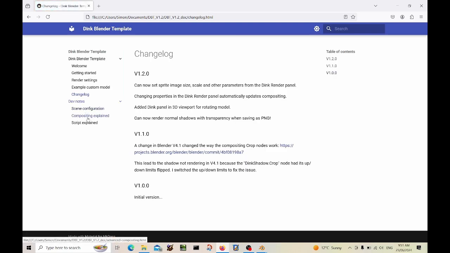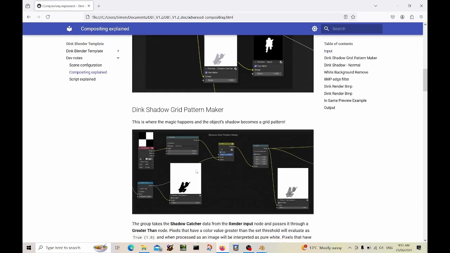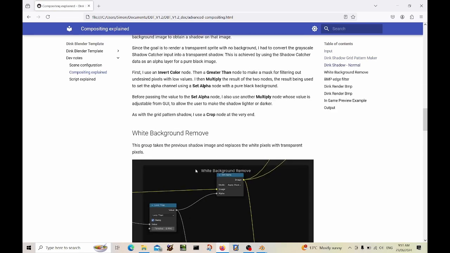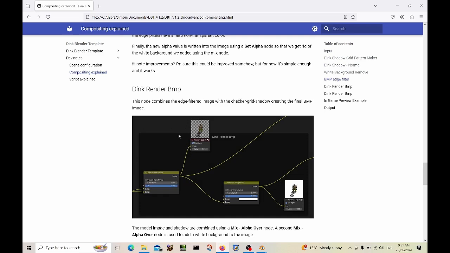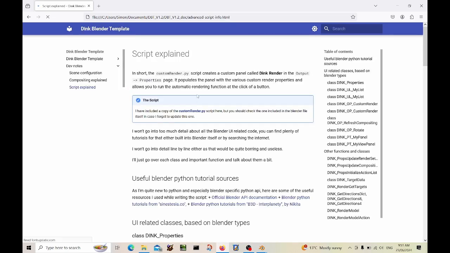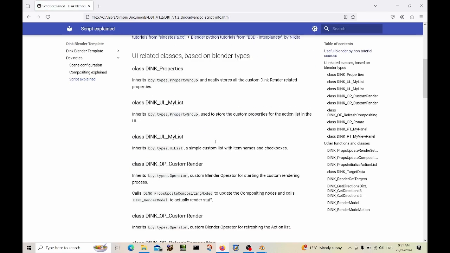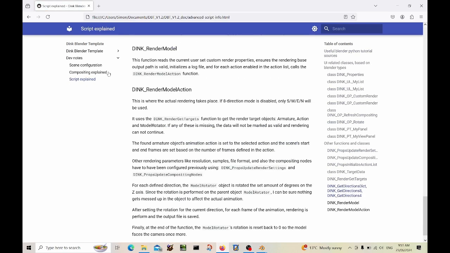Now, if you really want to understand about the nodes, Drone 1400 goes in detail about that. I haven't read that because I don't really understand nodes beyond a basic level myself, but it's all there. It even explains the script and how it works if you wanted to change it, use it, update it, I guess. The one thing, I guess,